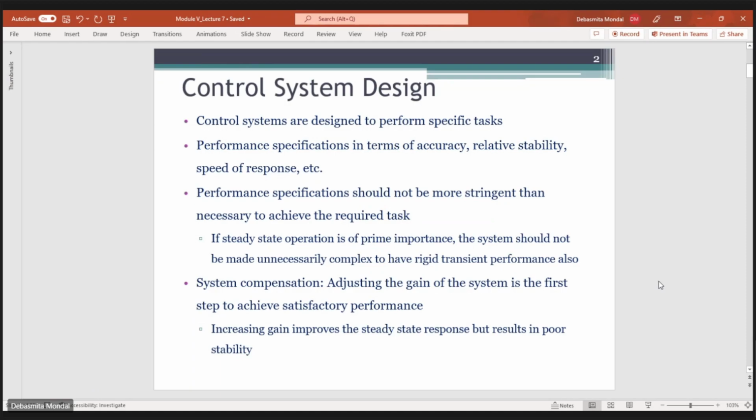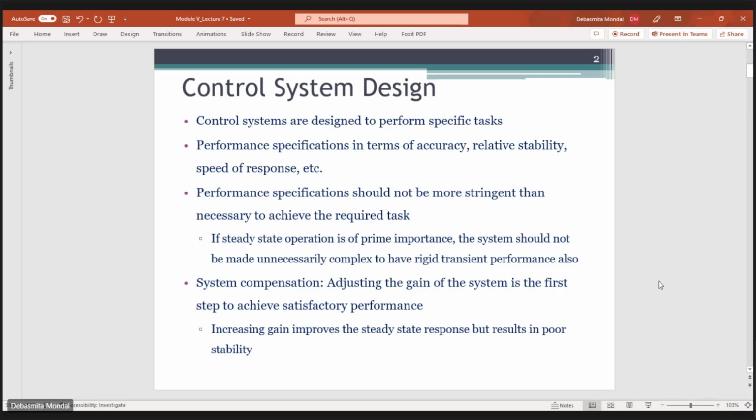Whenever we try to design the control system, let's say I am a control designer, and I have a plant, and I have to design the control system in such a way that, let's say, four or five performance specifications are given. Okay, so I have to modify the controller, I have to tune the controller, I have to change the feedback sensor or the feedback transfer function, such that those given conditions are met.